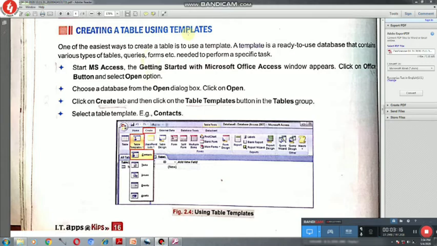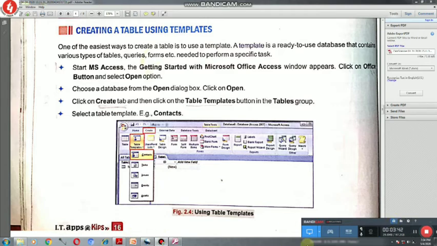If you use the facility of templates, you can get tables from there where these tables are already created. So with less information about table creation, suppose you are a first-time user of the database and you don't know in detail how to create tables, then you can very easily choose the table templates.